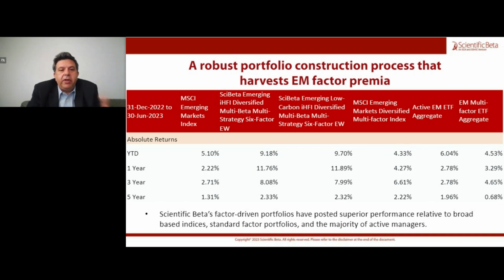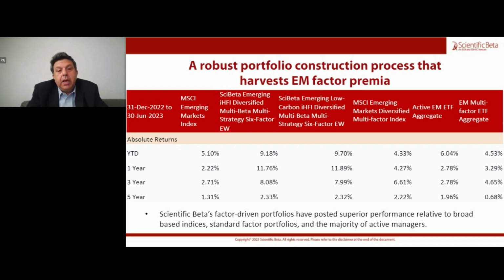outperform various competitor strategies. So if we look on the far left here, we see the broad EM universe represented by the MSCI Emerging Market Index. We can see the long-term 5-year performance and the near-term. Immediately to its right, we see our flagship standard Psi Beta EM diversified multi-factor strategy. And you can see, in terms of both long and near-term performance, our strategy vastly outperforms the MSCI EM index,